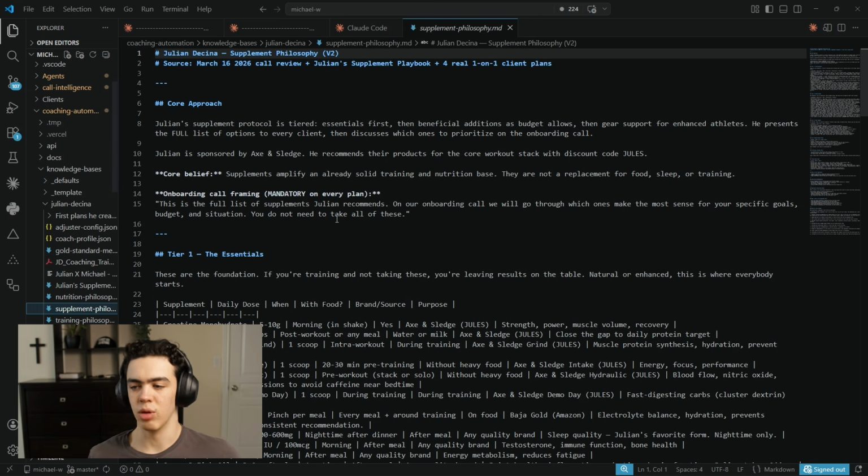And then in the supplement one, how I have it set up here is tier one, tier two, tier three. Julian is a coach who recommends a whole lot of different supplements. So tier one is the things that are essential. This is where you have the creatine and whatever else you would call essential. You can get a glimpse at what Julian would call essential here at the bottom. And then tier two and tier three are just the more minor ones, where it's like, oh, if you could afford it, or oh, if you're in this specific use case. And then